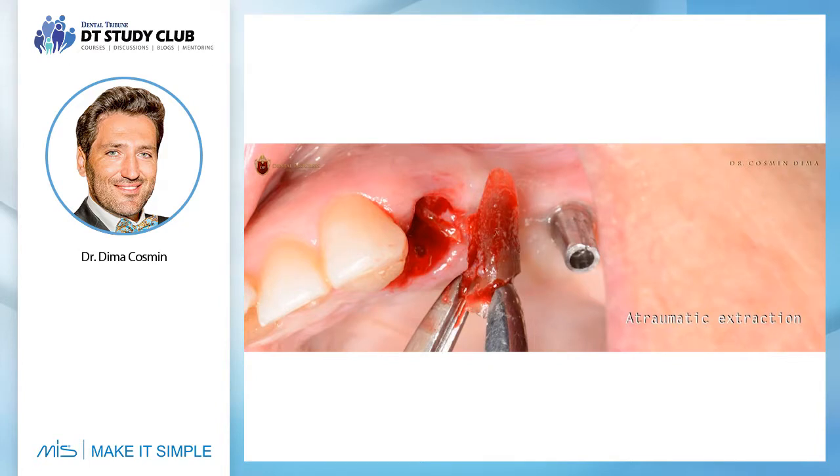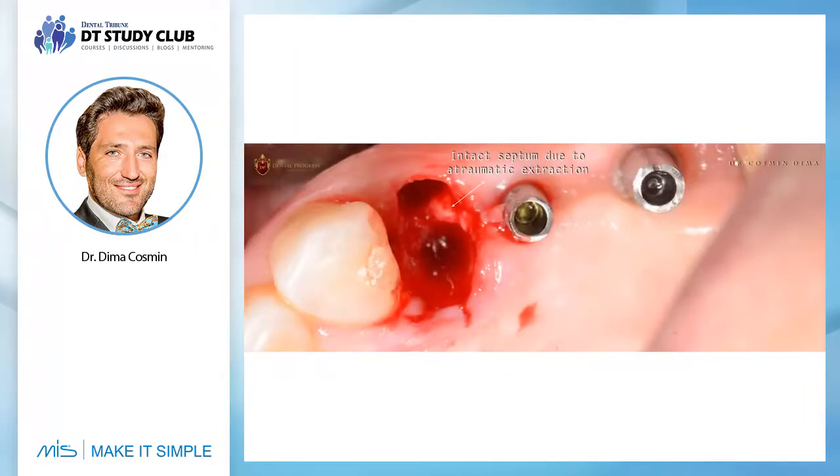And we can extract this premolar, which was hopeless, and make a provisional on the implants with the extension, because the patient didn't want to touch the other teeth for a provisional, so we have to make it in 2 stages. After extraction, we can see the intact septum, because the extraction was made atraumatically with